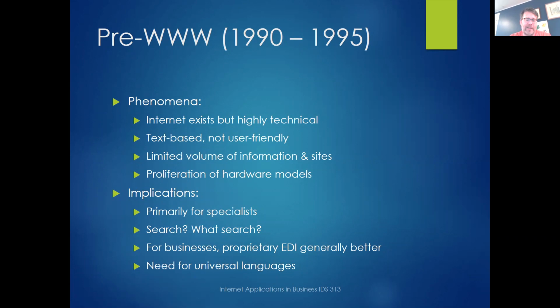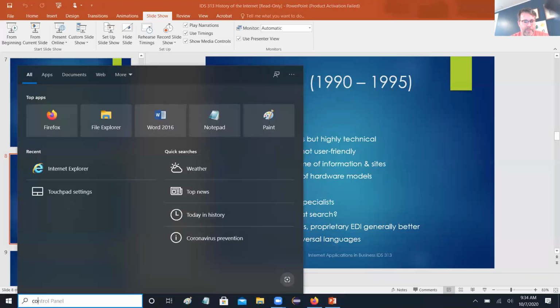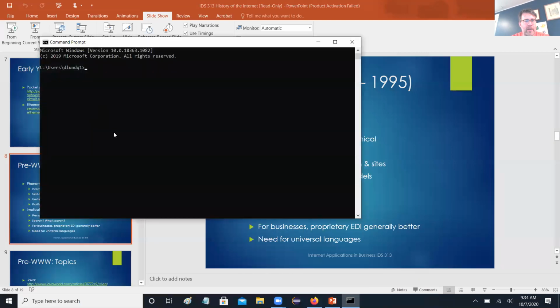So basically, it was the difference between DOS and Windows. Now, if any of you have ever seen DOS, I'm not saying you would have, but for example, you might see this command prompt. It's probably disabled on this machine. We'll see if I can get to it. There you go. Back in the day, you had this system called DOS, disk operating system, where anything you wanted to do on your machine, you would